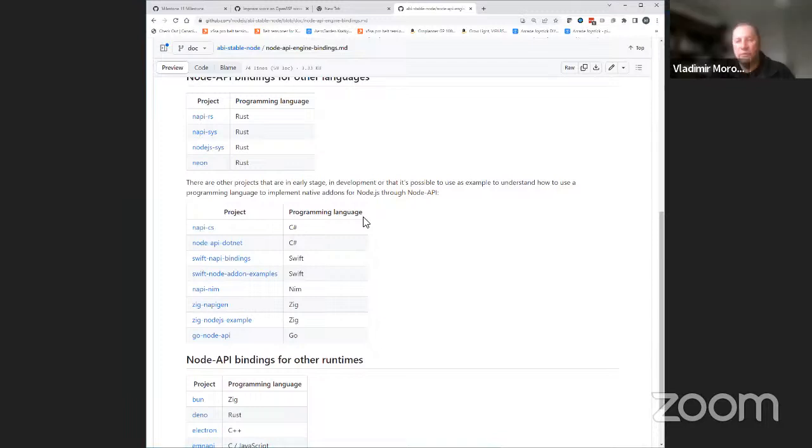So yeah, what I'm saying, there is a project I think called Node API FFI. So it's possible, for example, to use JavaScript to call any C APIs. Yeah, there is a project. The first implementation, if I remember well, was by Anna.